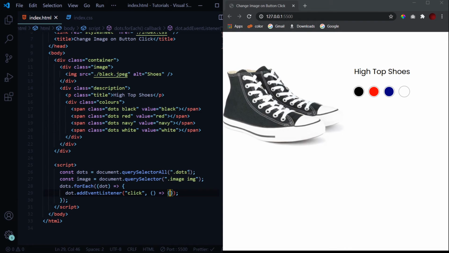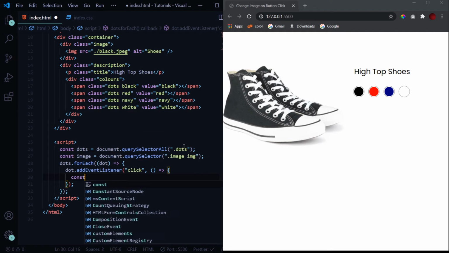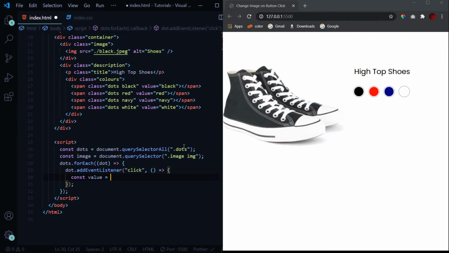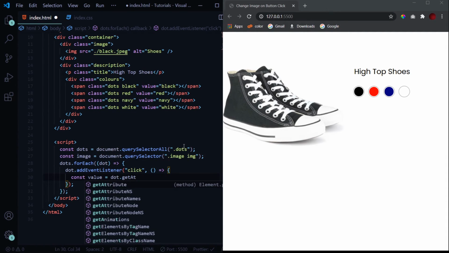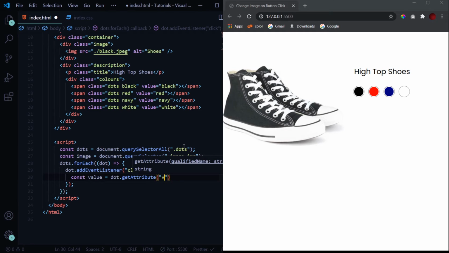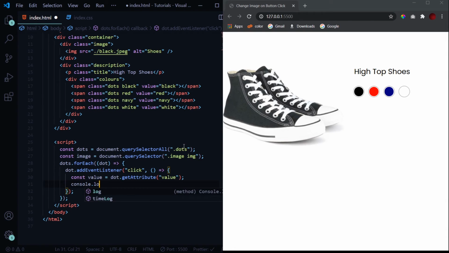So first we will get this attribute of value from whichever dot is clicked on. To get this value, we will store it first inside a value variable, and for getting this we need to call a function which is dot getAttribute, and the name of the attribute is value. So now when I console.log this, you will see what we have done over here.